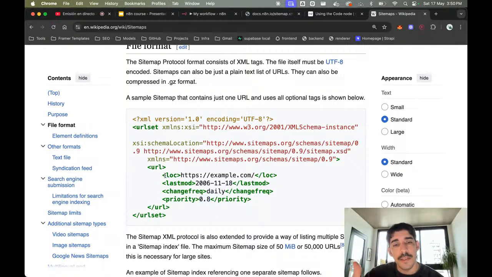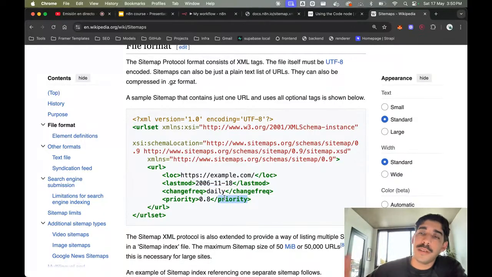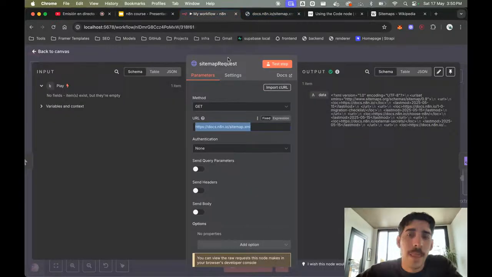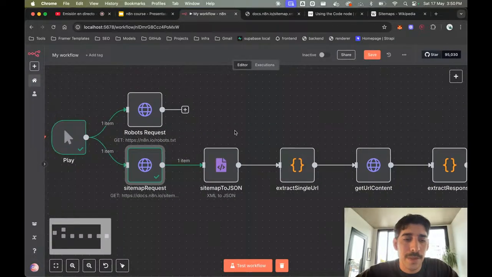So if we are trying to do site migrations or extract the documentation from n8n, in those 2 cases, we could probably use the sitemap and take a look at this and say, if your website has so many pages, but this one has never been modified and it has a low priority, maybe you can skip that and add some logic to it. So basically, you can press escape or click outside to go back to the canvas.